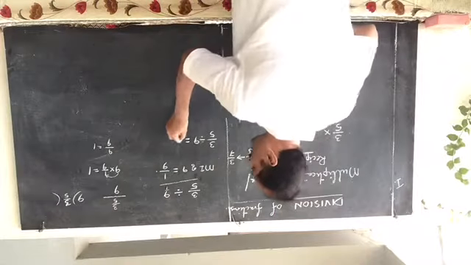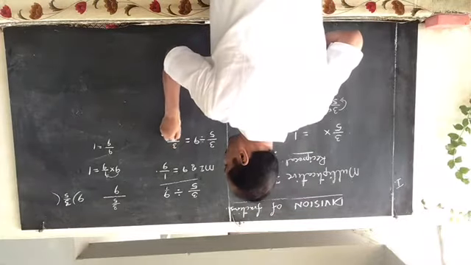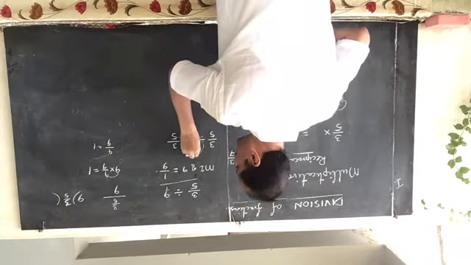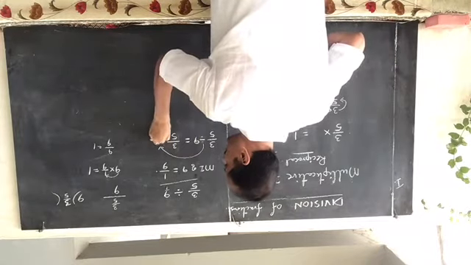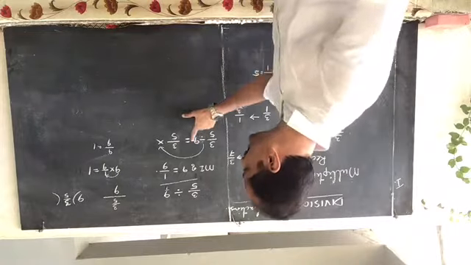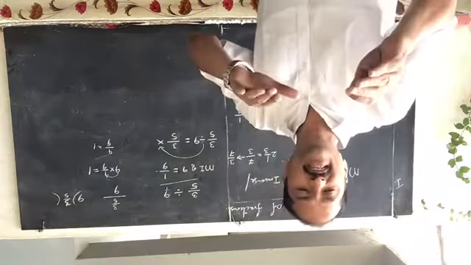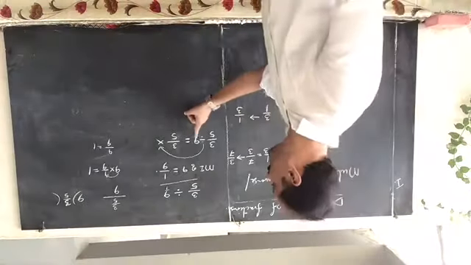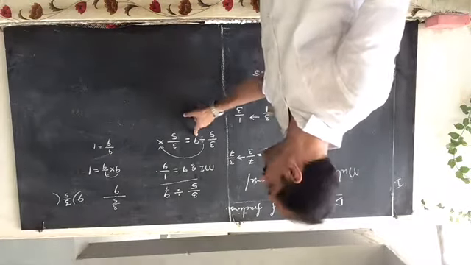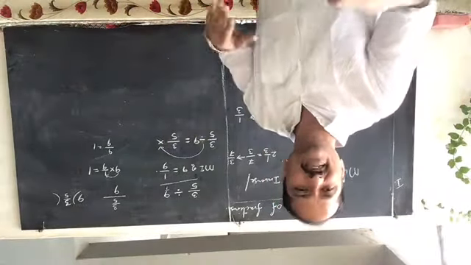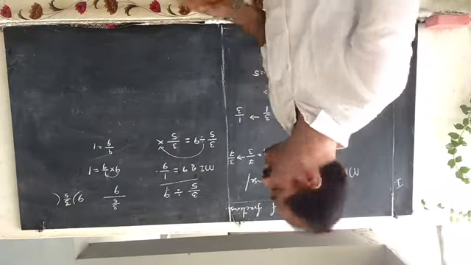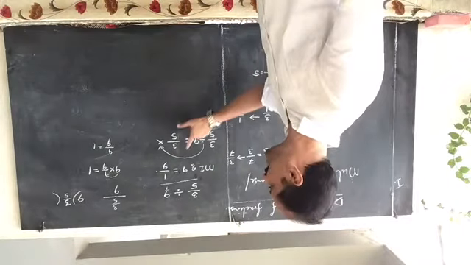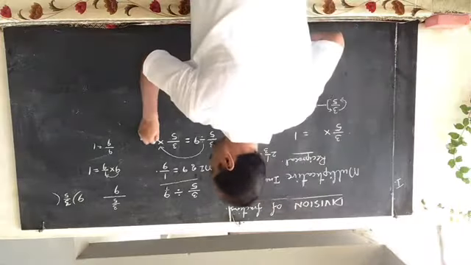So how are we writing the multiplication? 3 by 5. We are converting this division into multiplication. Whenever you are converting division into multiplication, remember that division is the inverse process of multiplication. So write down the inverse of 9. Inverse is nothing but multiplicative inverse, also known as reciprocal. So the reciprocal of 9 is 1 by 9. Just write down 1 by 9.